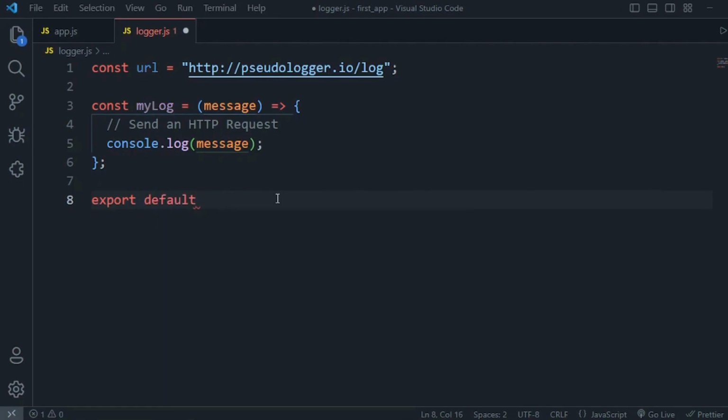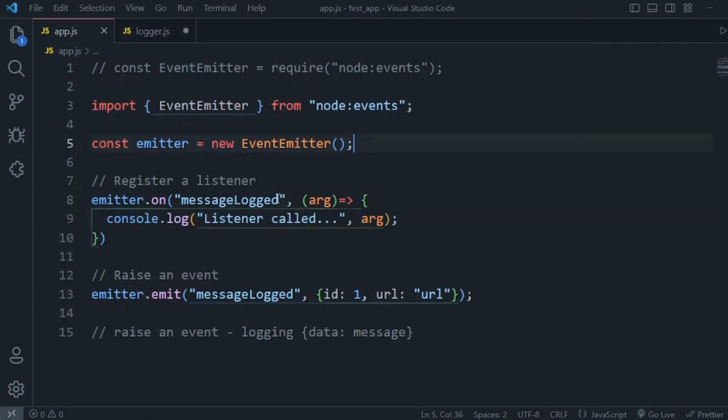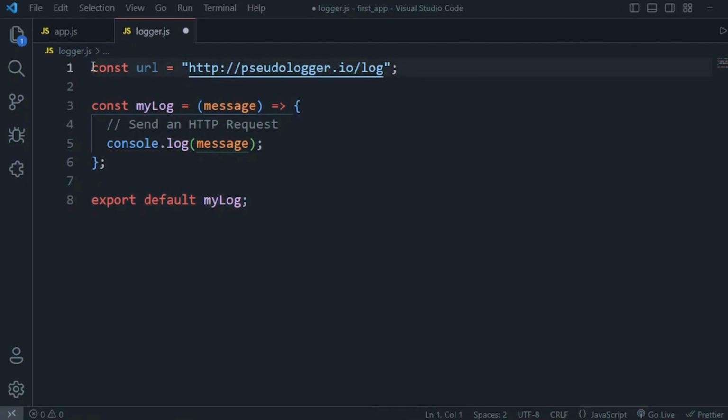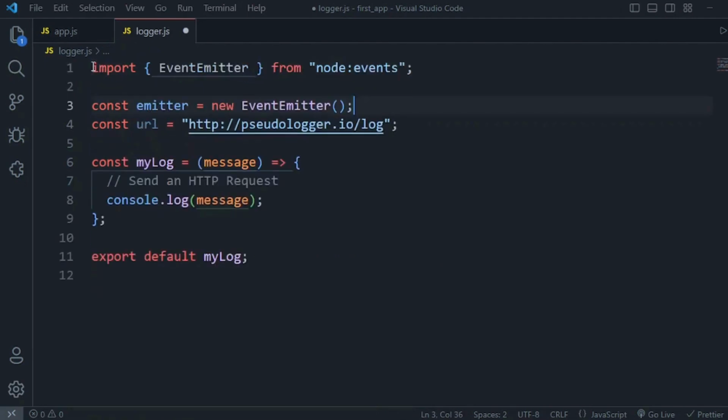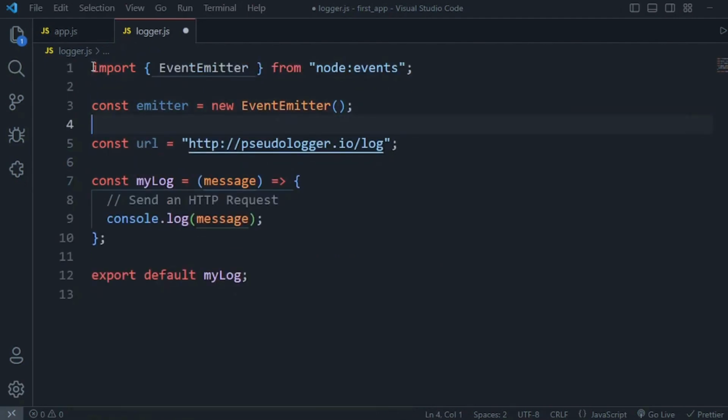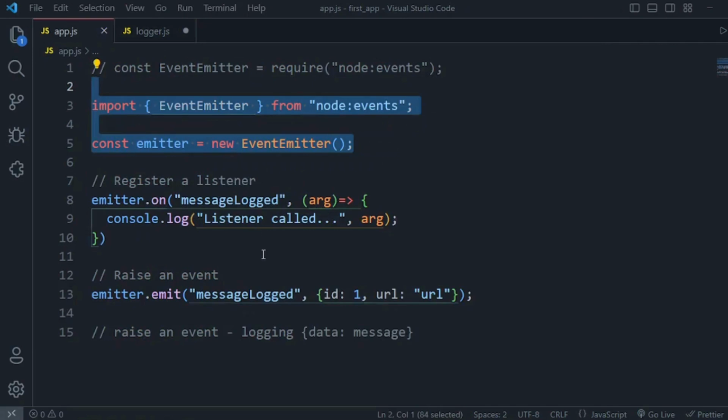After this, we want to raise an event. And then later in app module, we will listen for that event and do something. So let's go back to our app module and copy some code in the logger module. On the top, I'm going to copy these two lines to bring the event emitter in this module. Okay. Now back in app module, I'm also going to move these two lines for raising an event into the